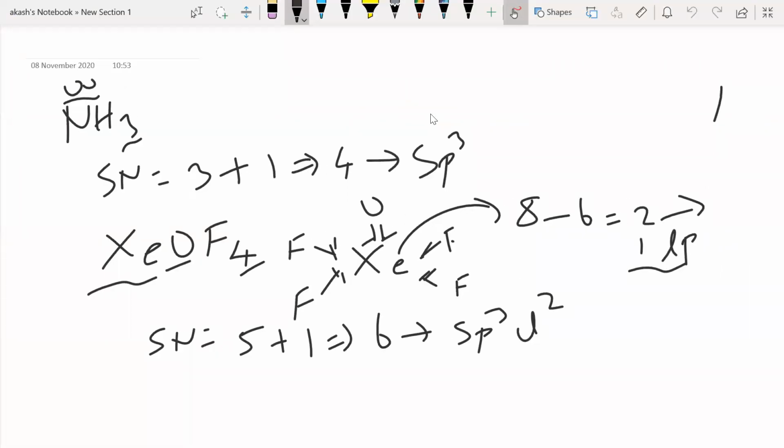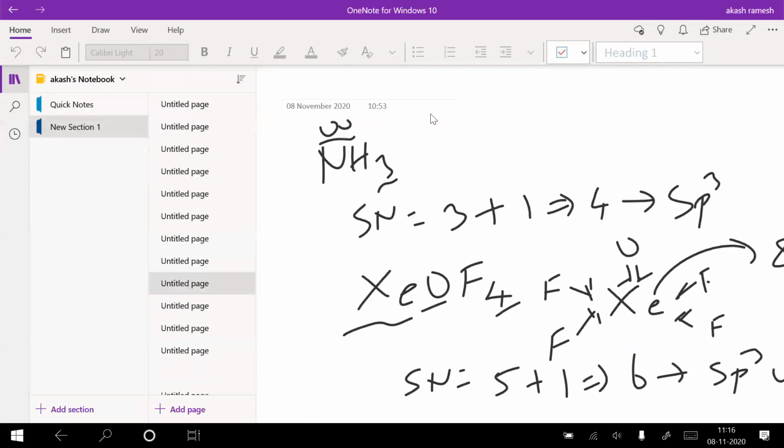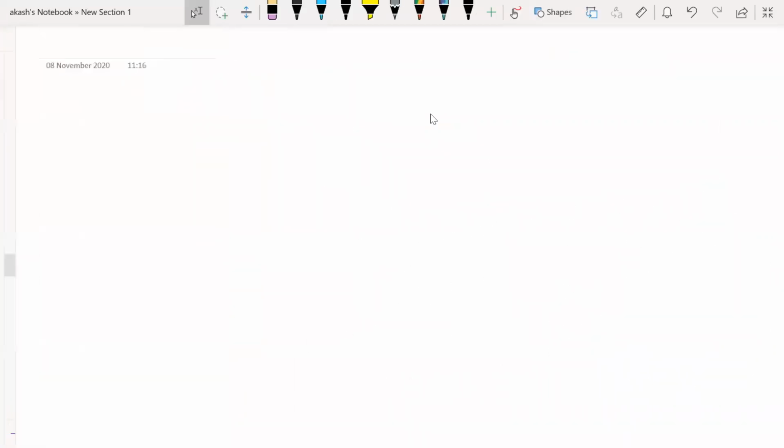Right. So we have seen the shortcut to find the hybridization of any molecule for that matter. Now what we'll do is we'll go for VSEPR. When I go for VSEPR, people, now I told you,